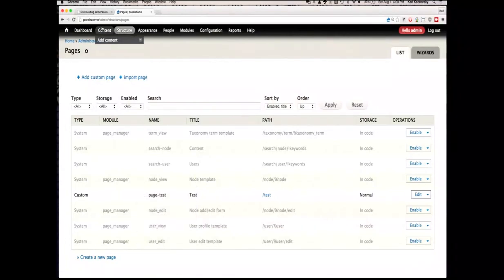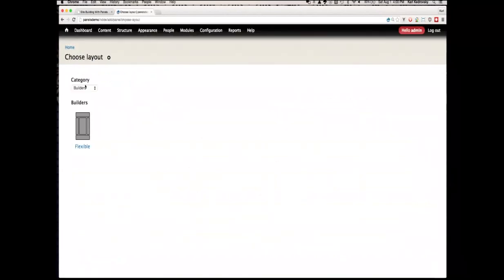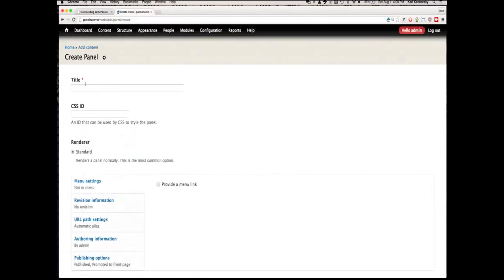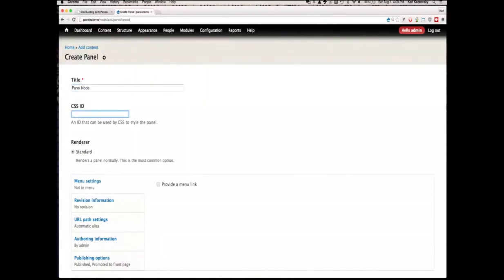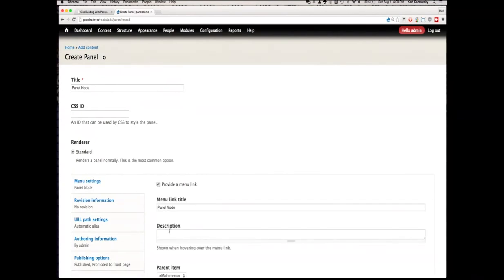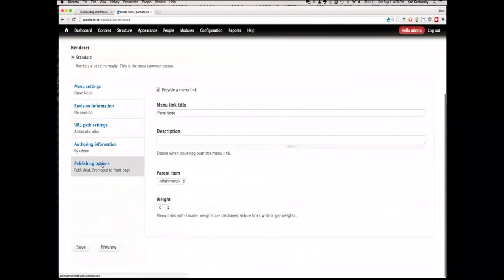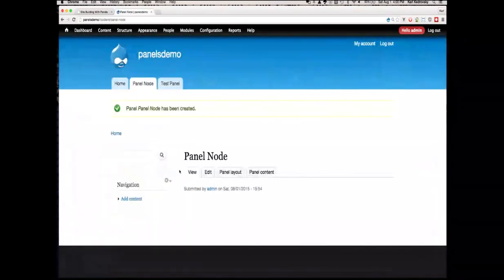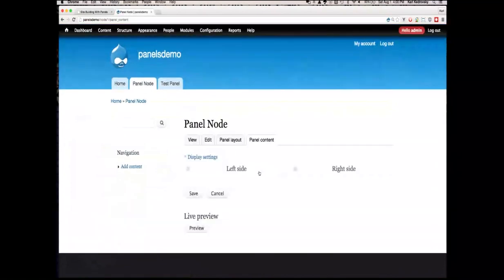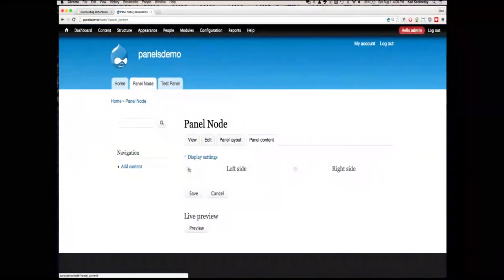The other thing that it gives you out of the box is a panel node. So when you create a panel node, then you can choose the different layout. And give it a very creative title. We'll put it in a menu. Sounds about right. I don't want it on the front page. Publish it. And then I get a node now that has